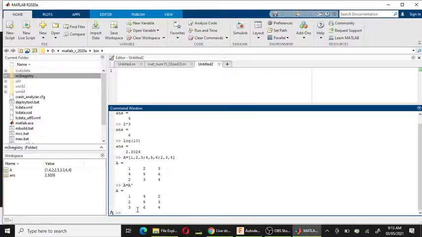Also, solution of linear equations. For example, if you have some linear equations and you want to solve them, for example, these two matrices: A is 1 2 3 1 2 3 and 6 7 8. This is a random matrix.